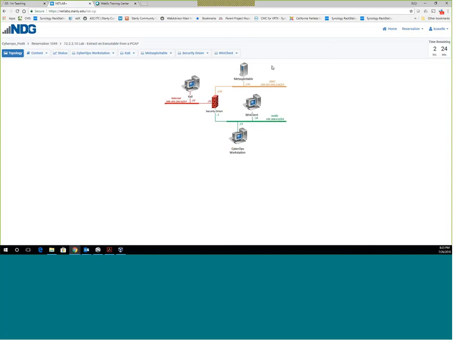The only thing they've done differently is added a Windows client so that you can do the Chapter 2 labs. But you'll see the Security Onion is going to have 3 network interfaces. So DMZ, outside, and inside. And then the Cyberops workstation needs to be on the inside, the Kali is on the internet, and the Metasploitable is on the DMZ. So we're building that exact same setup that we have on NetLabs.